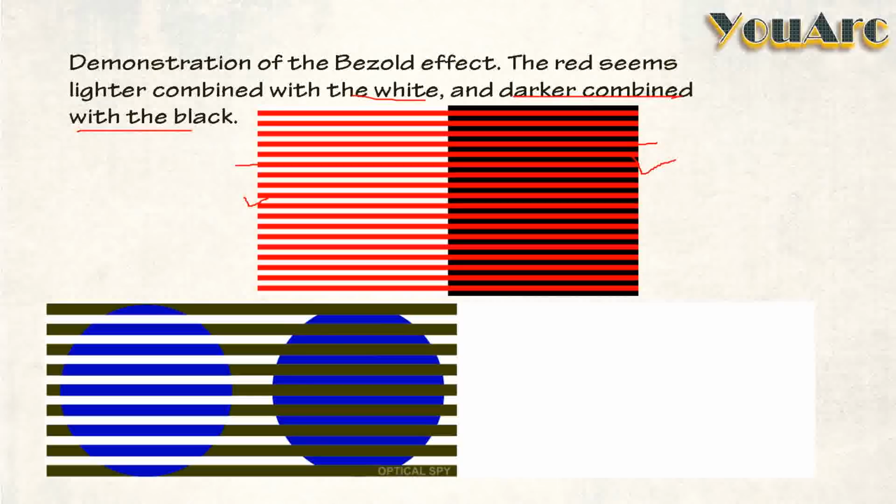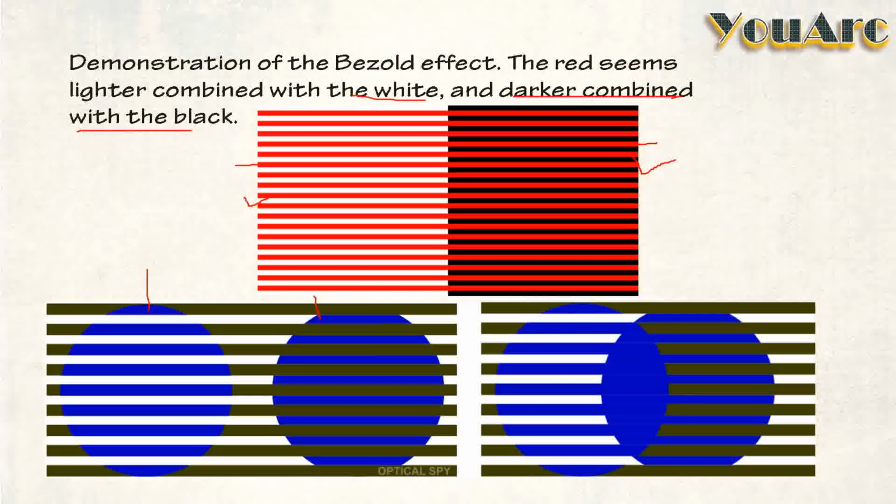So let's see another example here. Can you see the difference between this particular blue and this particular blue? Yes, right. So let's see how it is. When we try to combine these two colors, we can see here that both colors are similar. See this portion, when it is apart, we can see this is lighter color and we feel this is darker. But when it is coming closer, we can see both colors are similar. So there is some change in color happening, right? This particular effect is called Wisol effect.